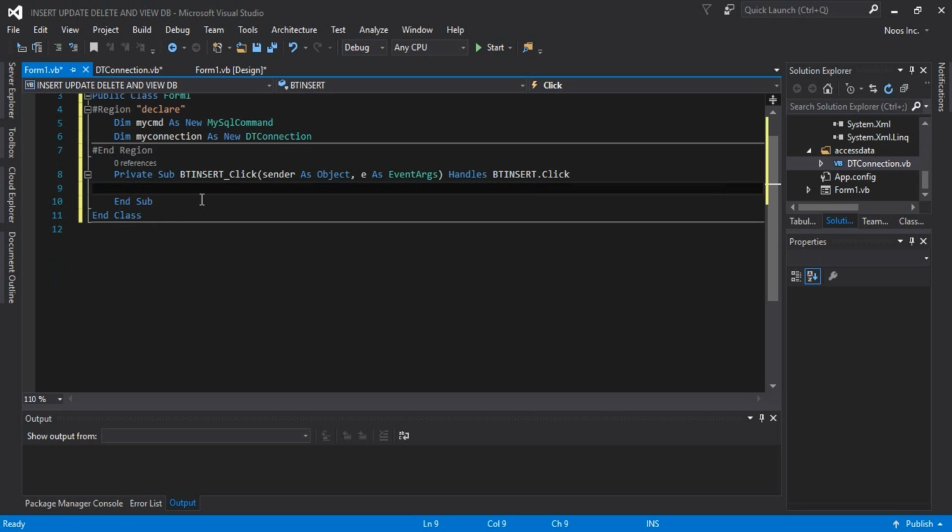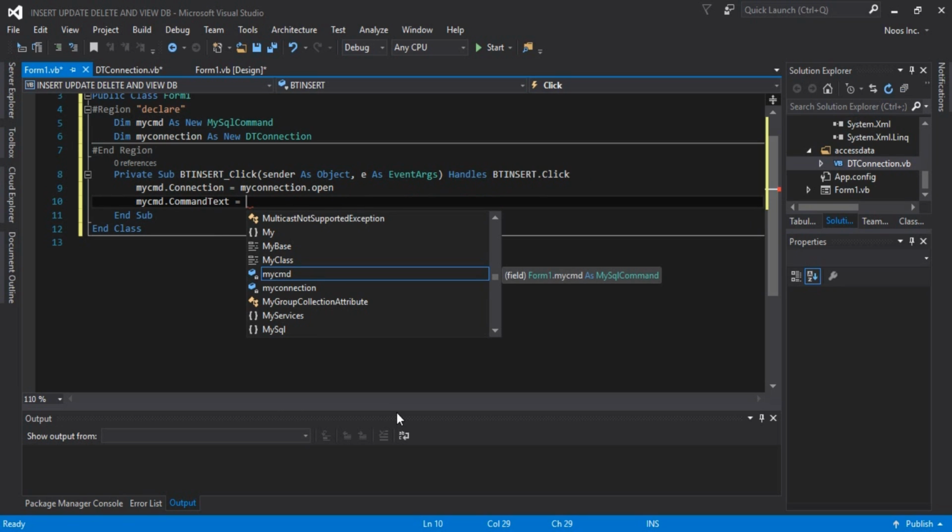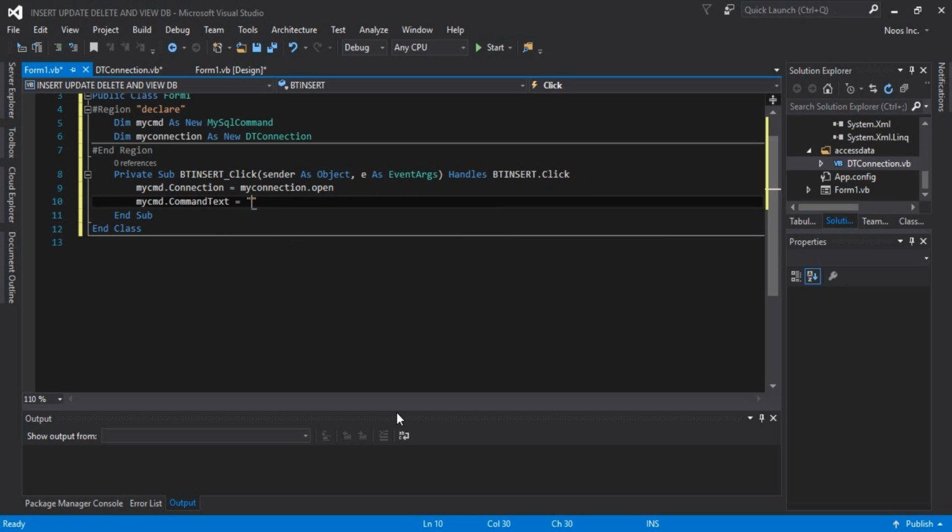So I want to create my cmd dot connection equal to my connection dot open, and then my cmd dot my comment text, sorry guys, that comment text I mean, is the string for SQL insert into